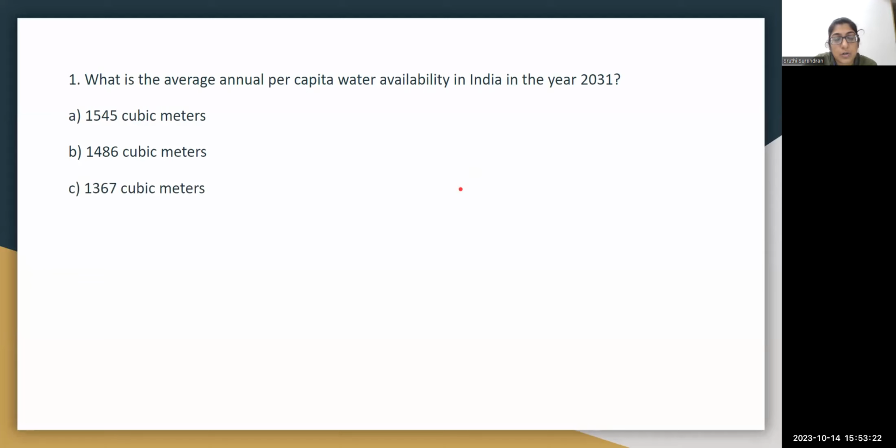What are their guidelines, their benchmarks, recommendations, a lot of schemes under them, and what is the per capita water availability for various years. So here, this question: average annual per capita water availability in India in the year 2031. The correct answer is C,